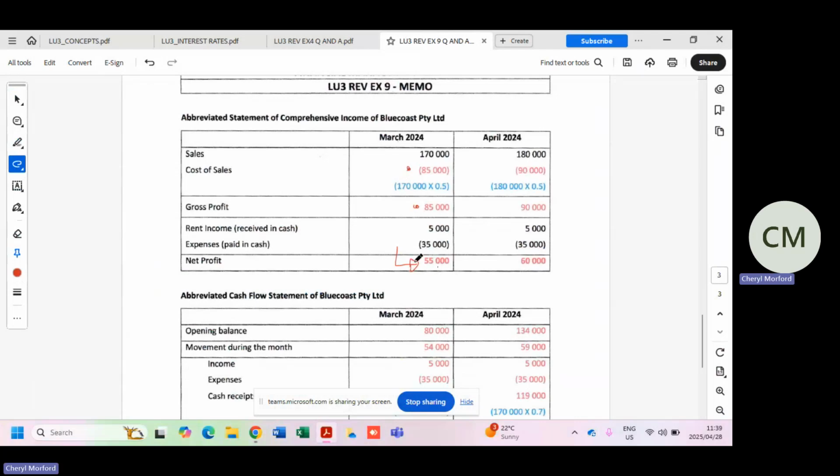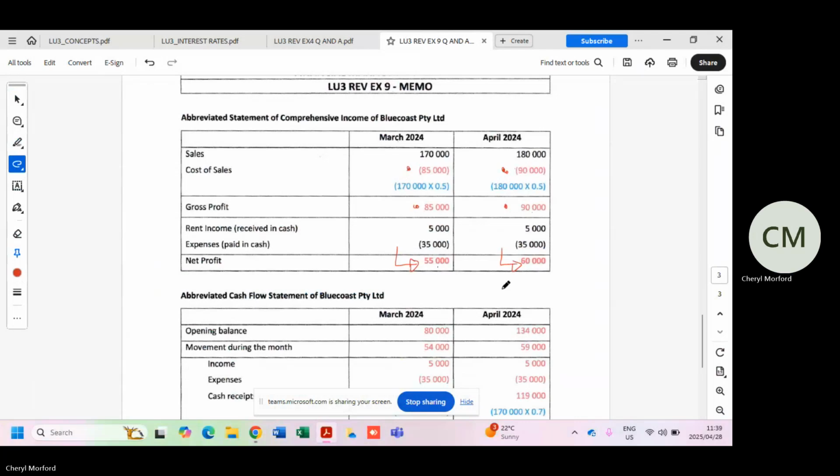Then let us do the same for April. First thing is we need the cost of sales for April, which is half of April's sales. So that's going to give me the 90,000. Subtracted from sales gives me GP of the other 90,000. Add the rent, subtract the expenses, and here we're going to have a slightly higher net profit for April of